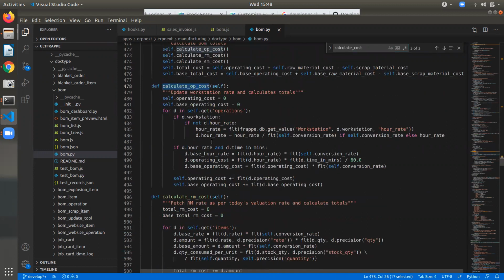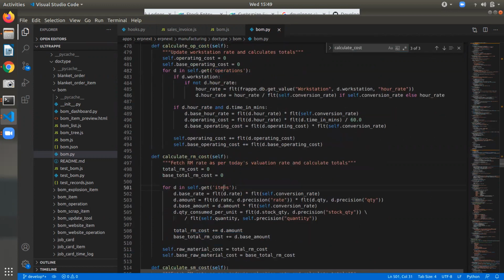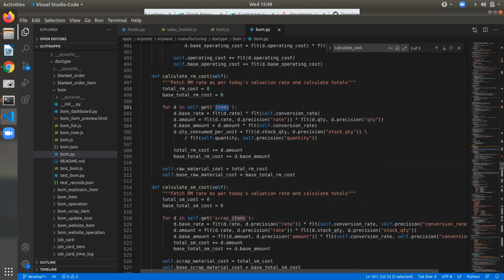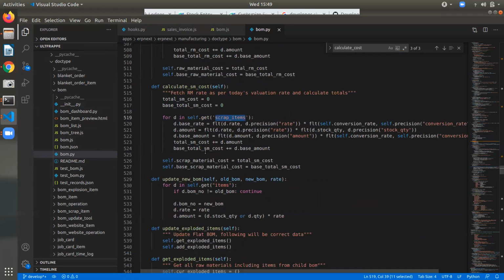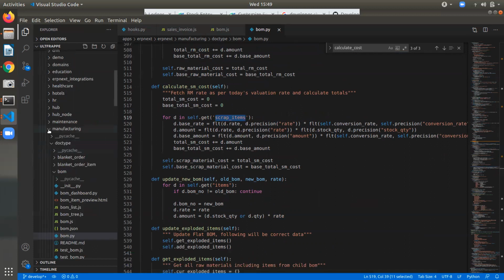To calculate operation cost, they are calculating from the workstation, operation child table name. This is raw material child table name, items, and scrap item child table name. So they are doing it from the back end. If the requirement is there for ours, we can also go with the back end validations, like how they're doing.